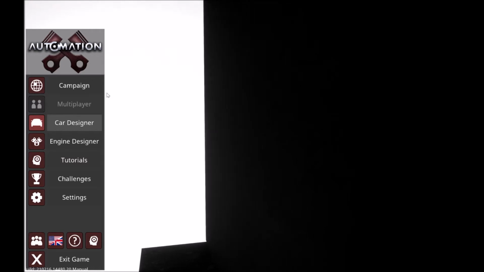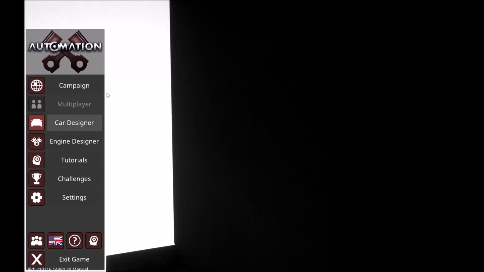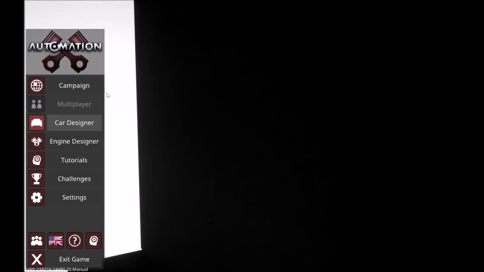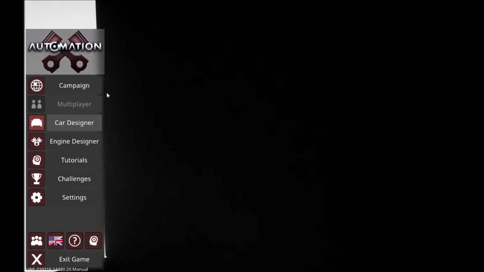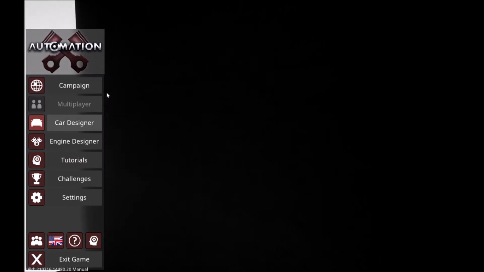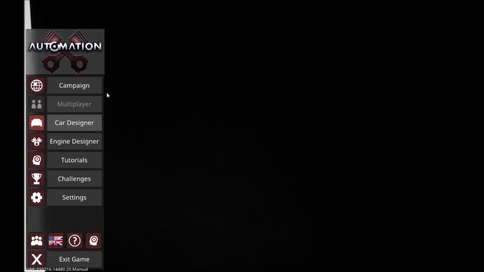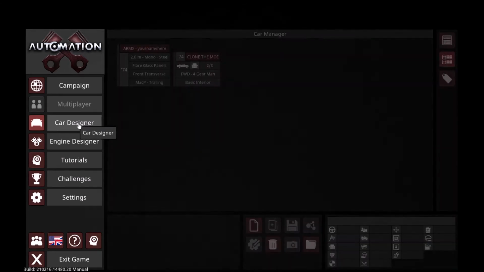Today I want to show a little tutorial on how to successfully clone car models and engine families in Automation. This tutorial is aimed at the Automation RestoMod challenge, but it will be useful for any challenge where you will have to download a car file from a host, modify it, and then send the cloned car file back to the host for judging. So after you boot up the game, you want to go into the car designer, and